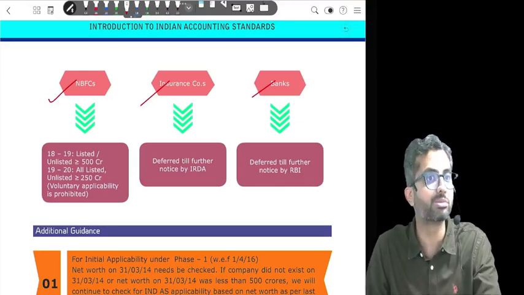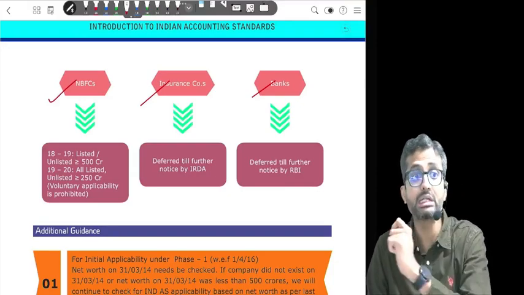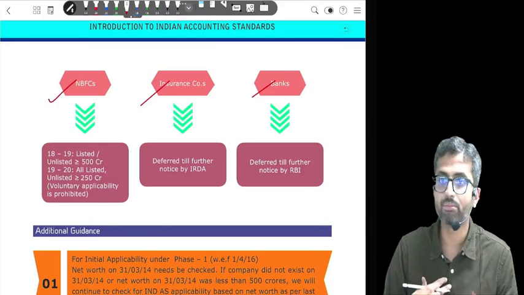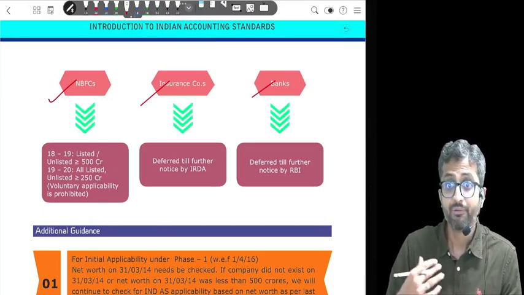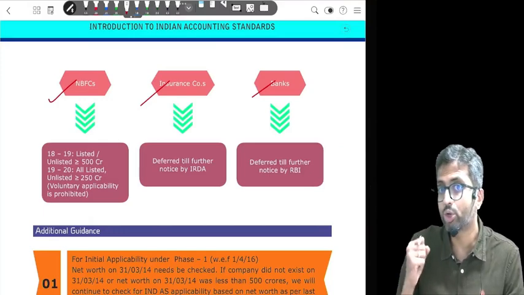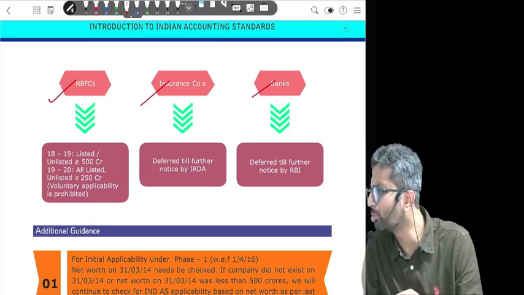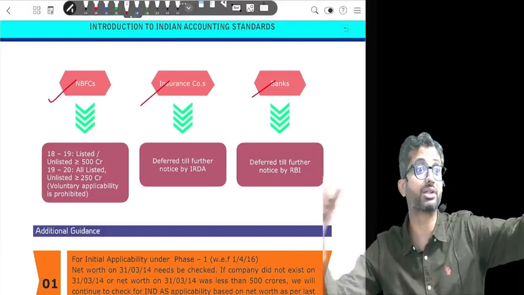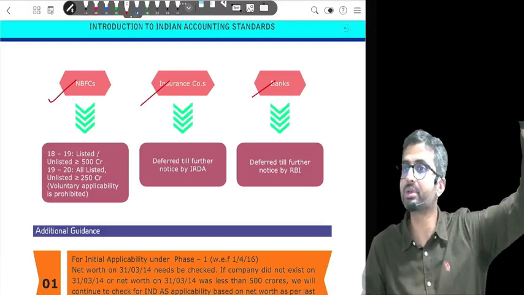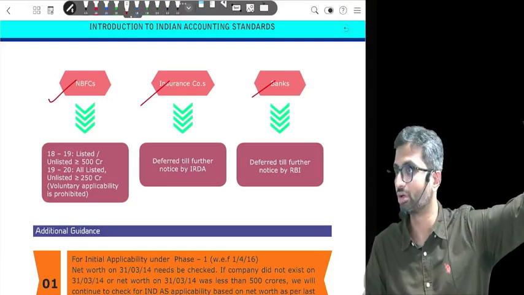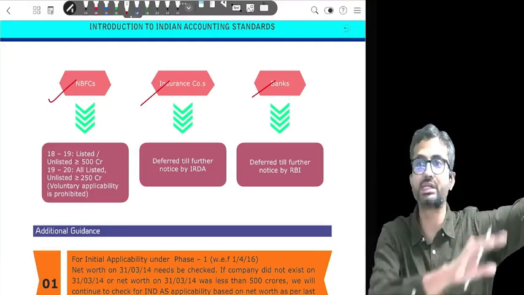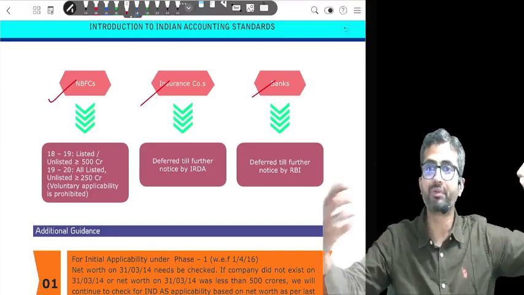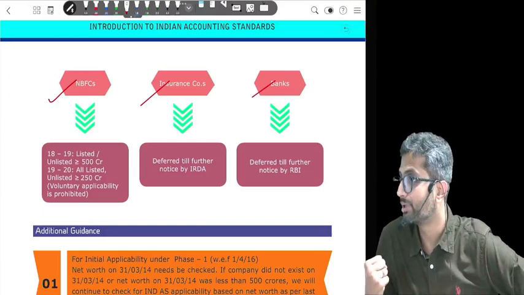From an exam perspective, NBFC is relatively less important. Your regular company is more important. But then what is going to make it complicated? Group. What if I'm a company where I have an insurance company in my group? Like you have heard about Future Group? Kishore Biyani. Future Group has an insurance company called Future Generali. Now Future Group is not a financial institution. It had companies like Big Bazaar, Pantaloons, etc. earlier. But one of its group companies is an insurance company.